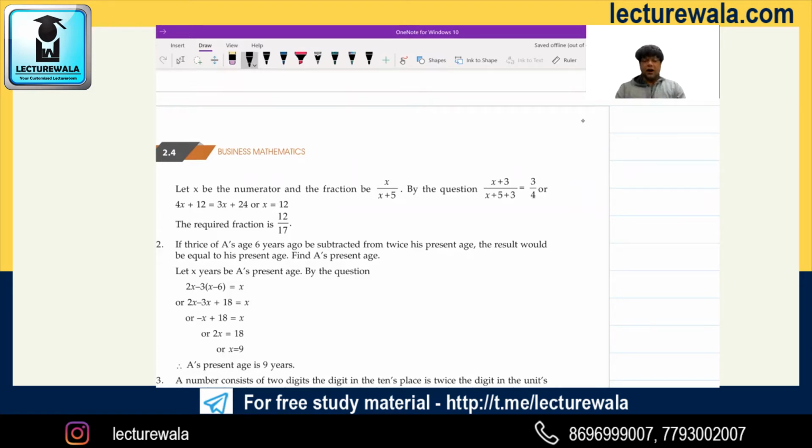But I advise you not to solve originally. You go by option hitting. If there is any emergency where you are not able to solve it by option hitting, then only go for the original solution. Or if option hitting looks very difficult, because sometimes option hitting may be difficult if huge calculations are involved, in that case you go by the original method.